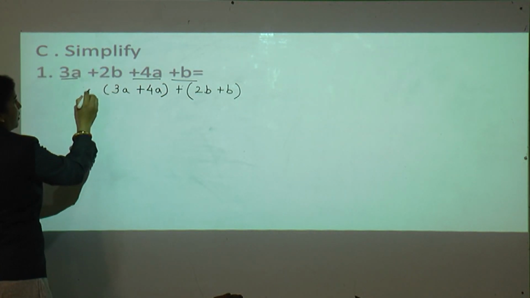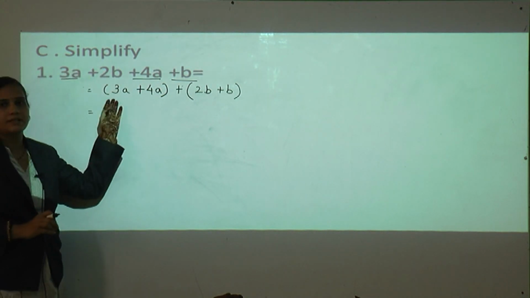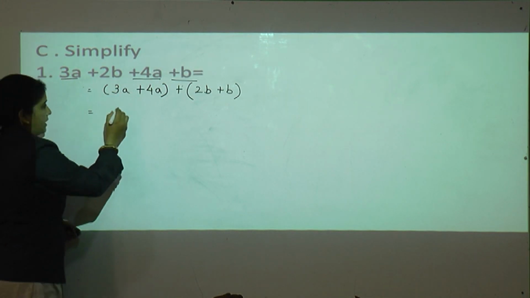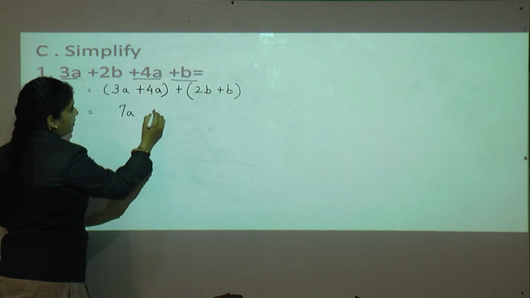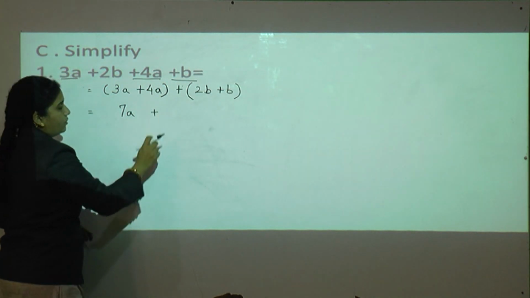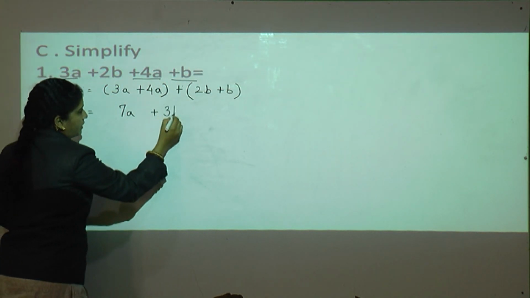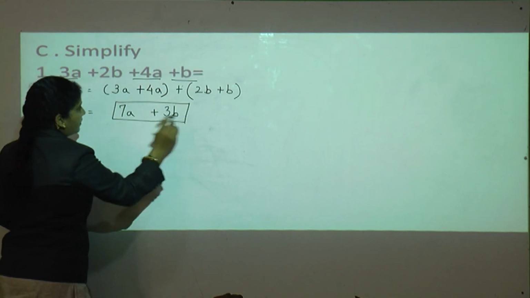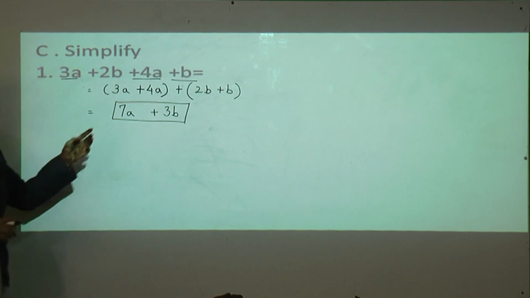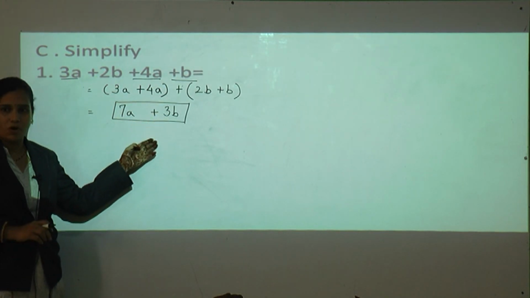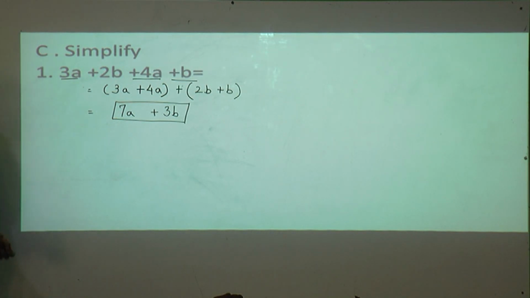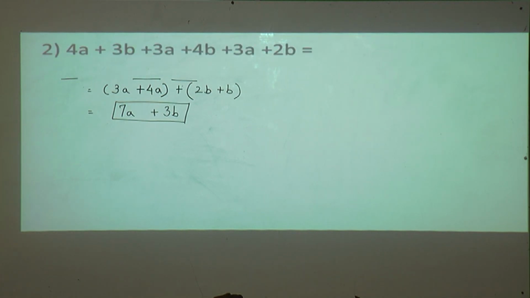Okay. Now solve this bracket first. 3a plus 4a, 7a, and here 2b plus b, 3b. So this is our answer. Understood all of you? We can't do 7 plus 3 because these are the unlike terms. Now next one,